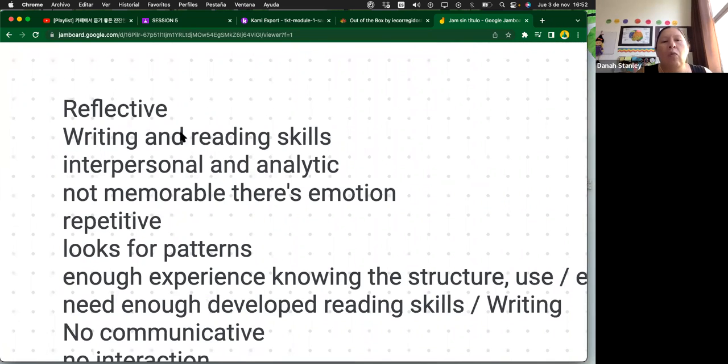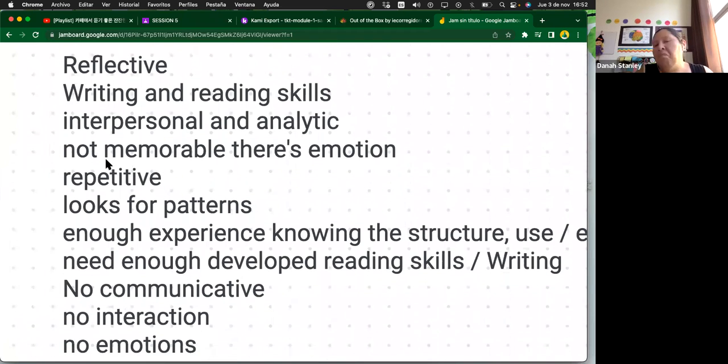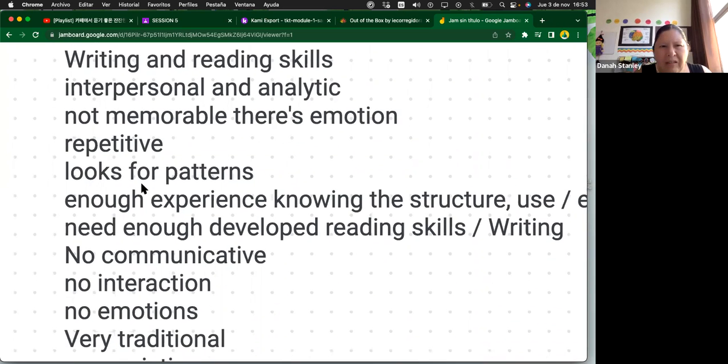Mainly focused on reading and writing skills. There is no communication at all. Very good for interpersonal analytic students. Not memorable at all because there's no emotion. It's very simple, flat, isolated, really repetitive,